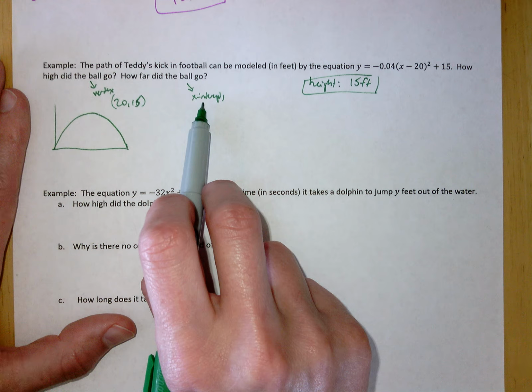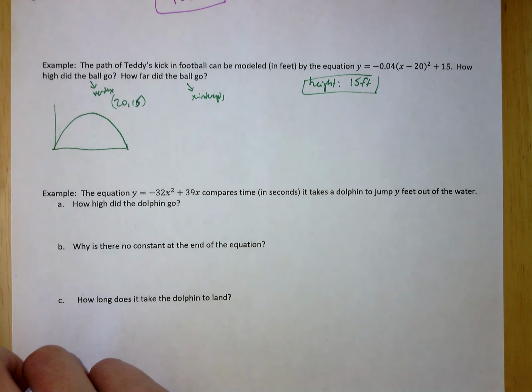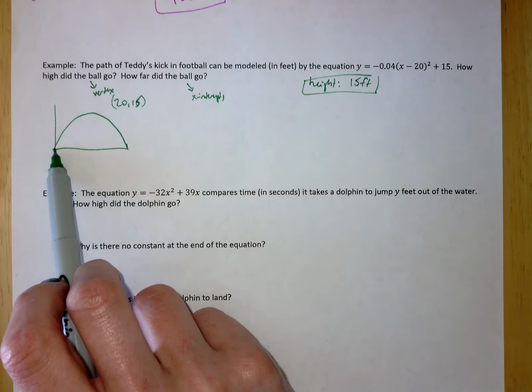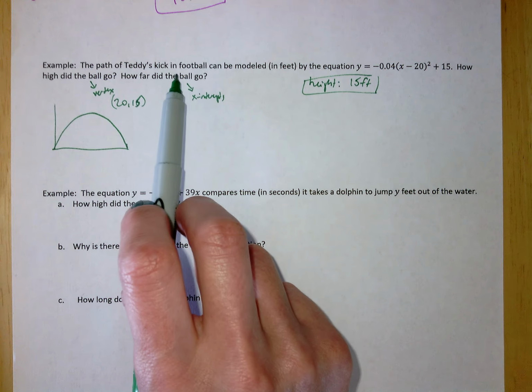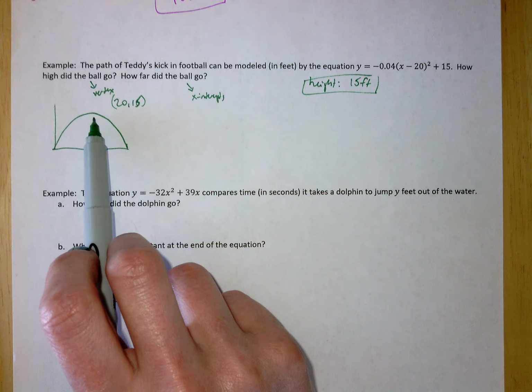So this is going to be my x-intercepts. And actually, you know what? I can't do this without a calculator. Why can't I do it without a calculator? Because I don't necessarily know. The description of what x and y stand for is a little vague. I don't actually know if this goes through 0, 0. Okay, if I did know it went through 0, 0,